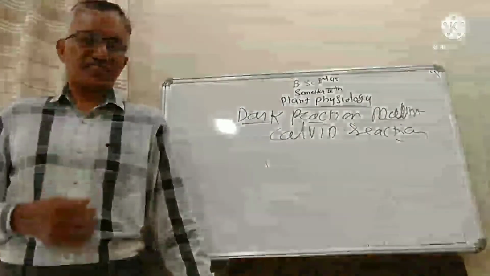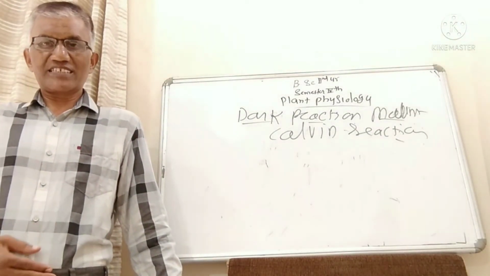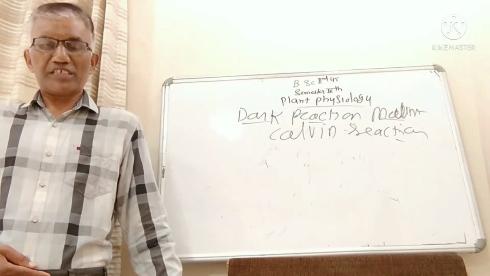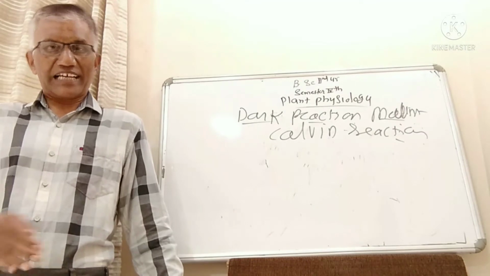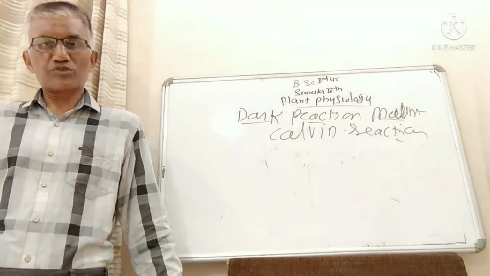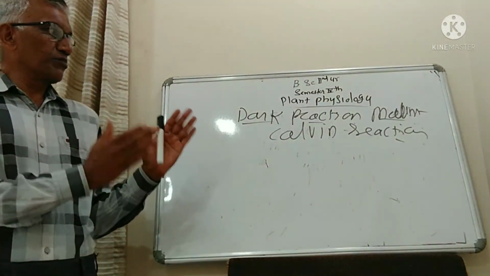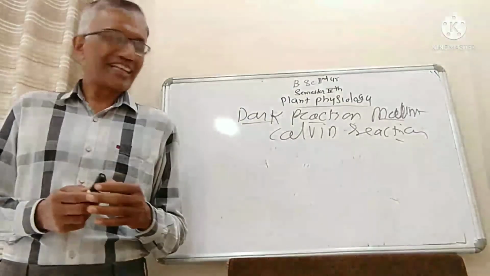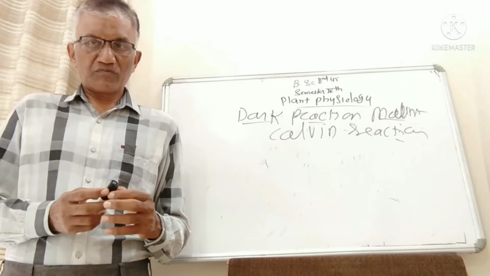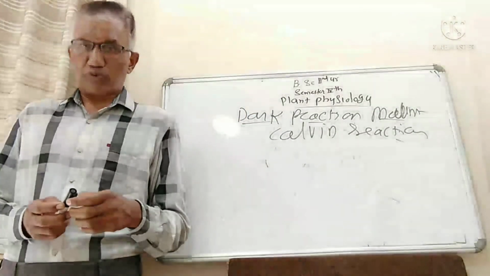All these processes, the C3 pathway, C4 pathway, and CAM pathway, require energy-rich compounds, that is ATP and NADPH2. They are utilized, and there is a reconversion of ATP to ADP and NADPH2 to NADP. These are some of the important points you have to remember in carbon dioxide assimilation or carbon dioxide fixation. With this, the chapter on photosynthesis is complete.